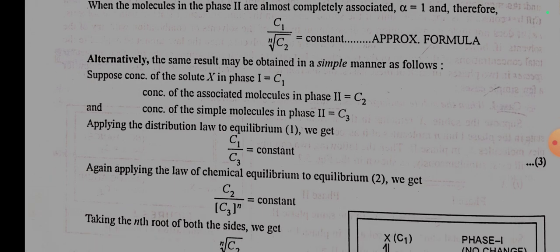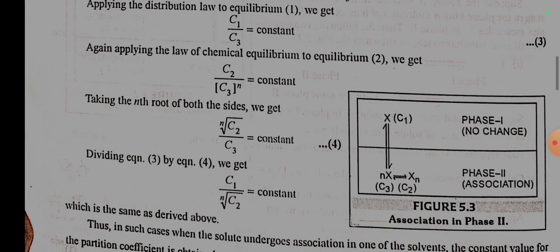Alternatively, the same result may be obtained in a simple manner as follows. Suppose the concentration of solute X in phase 1 is C1, the concentration of the associated molecules in phase 2 is C2, and the concentration of simple molecules in phase 2 is C3. Applying the distribution law to equilibrium 1, we get C1/C3 = constant. Again, applying the law of chemical equilibrium to equilibrium 2, we get C2/C3^n = constant. Taking the nth root of both sides, we get C2^(1/n)/C3 = constant. Dividing equation 3 by 4, we get C1/C2^(1/n) = constant, which is the same